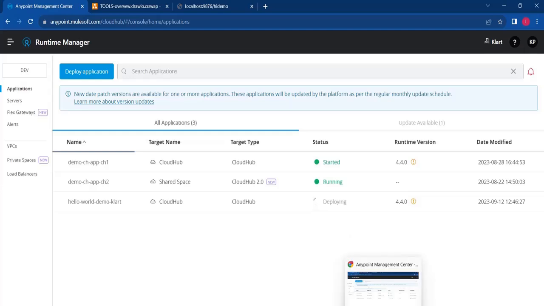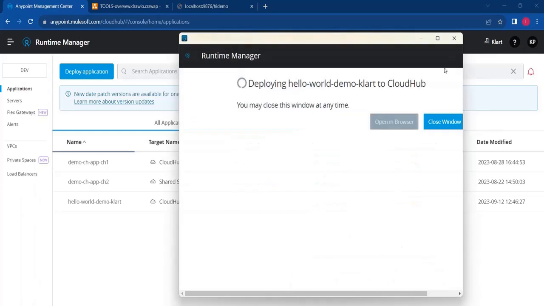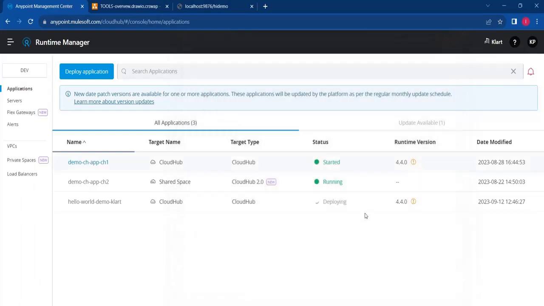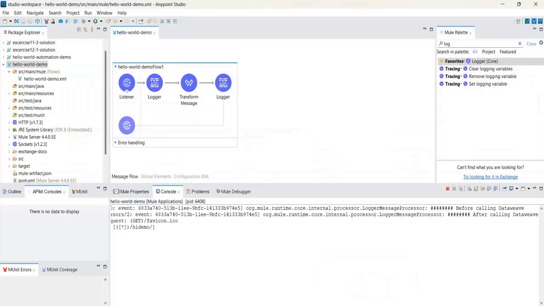So it is showing deploying. You can close this window in the studio. You can just watch it here directly. Now you can stop this to understand the difference. Okay, you can stop this application or you can just leave it as it is to see the differences, because